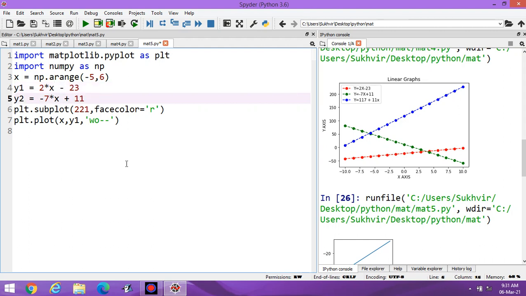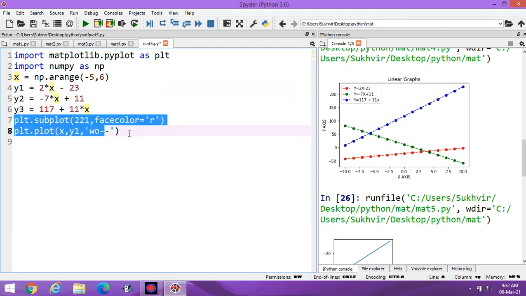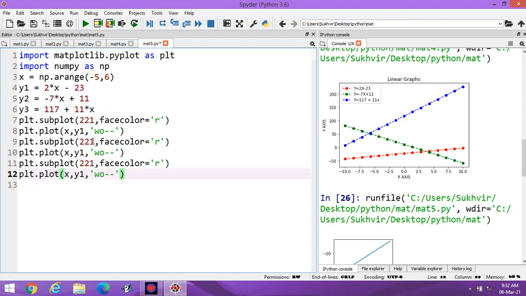Similarly, I can set the third content: y3 is equal to 117 plus 11x like this. Copy this content, paste here, and the second location is 222 and the third location is 223.